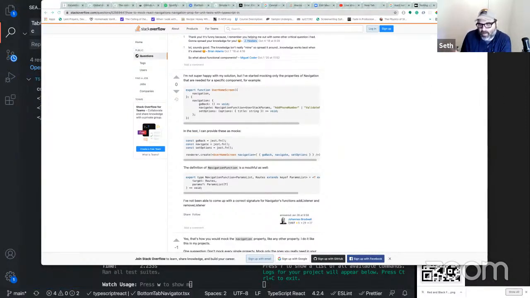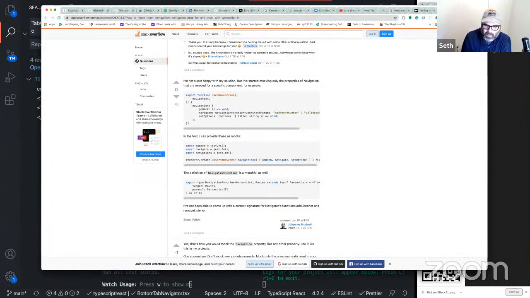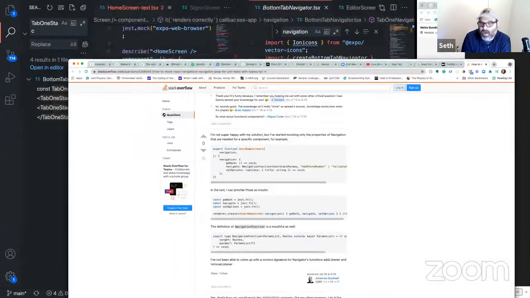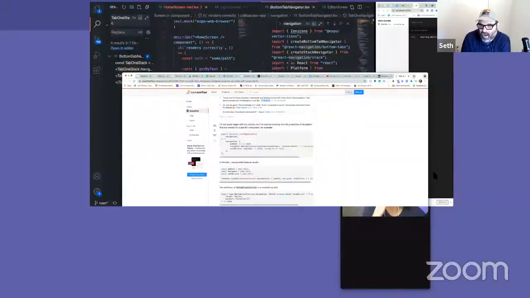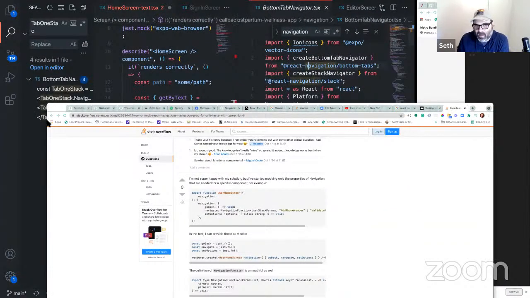Because what it's doing is it's navigating to another screen. So it doesn't seem like it's as simple as an anchor tag, right? It's the navigate React Native way of doing it, which makes me think it is a function. Yeah.